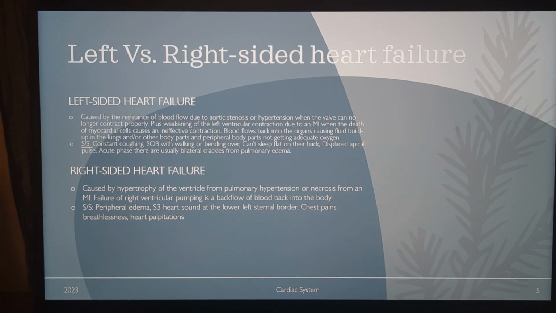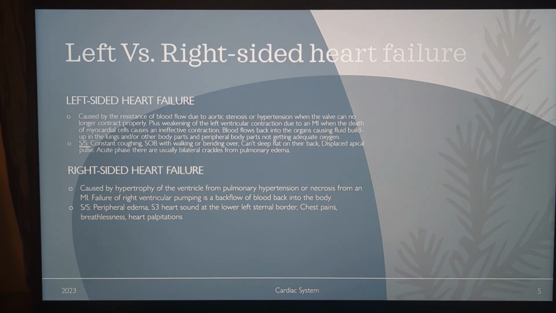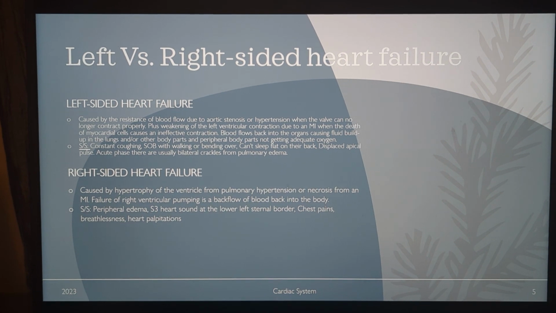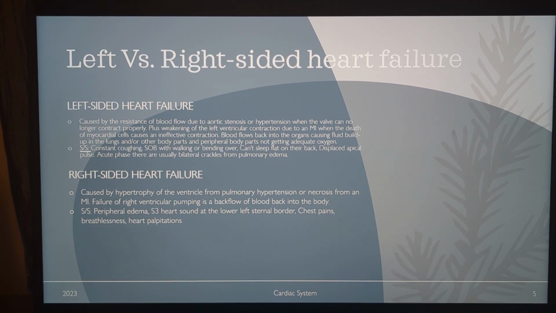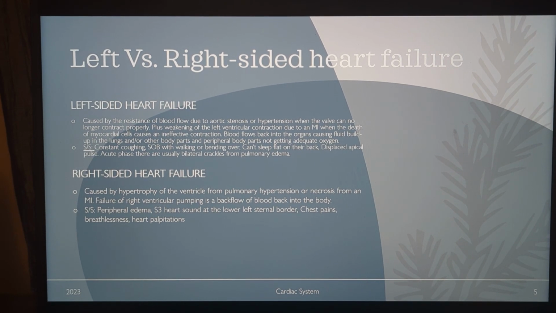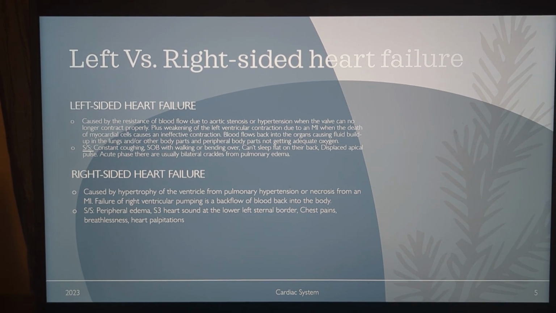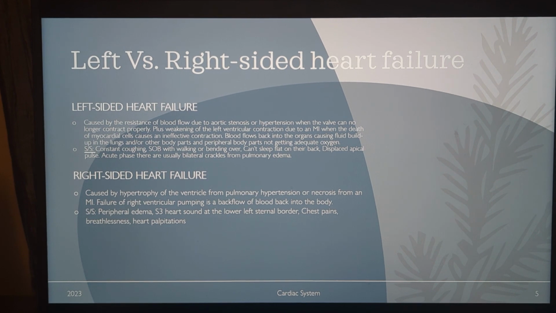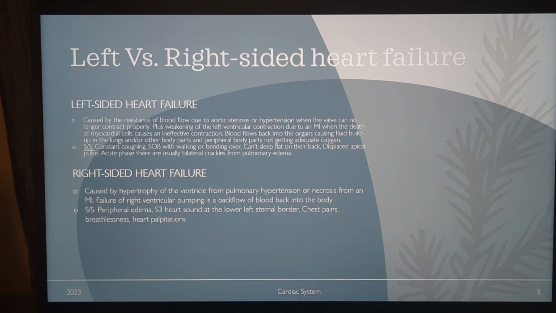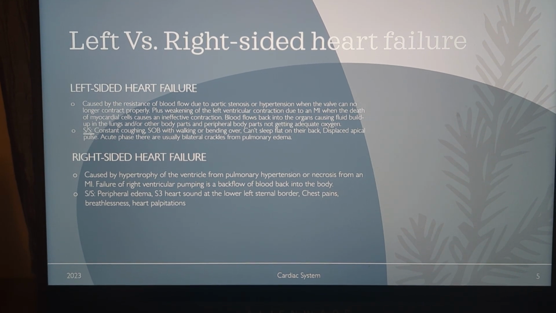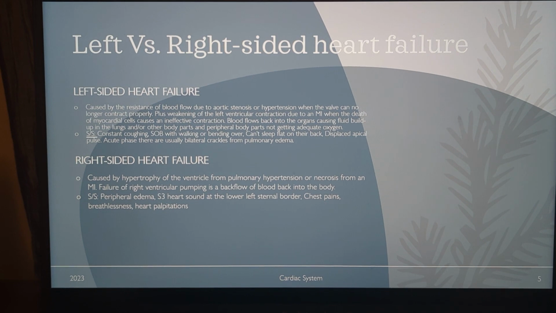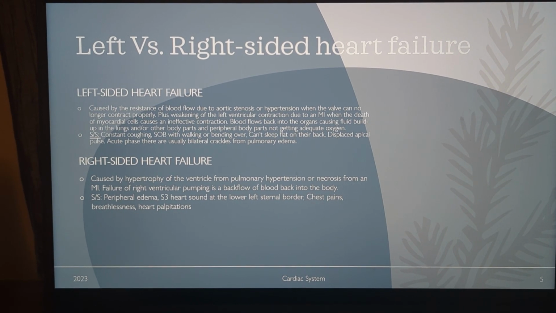Left versus right-sided heart failure. So left-sided heart failure is caused by the resistance of blood due to aortic stenosis or hypertension when the valve can no longer contract properly, plus weakening of the left ventricular contraction due to an MI, when the death of myocardial cells causes an ineffective contraction. Blood flows back into the organs, causing fluid buildup in the lungs and or other body parts, and body parts not getting